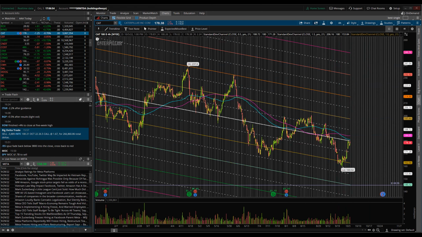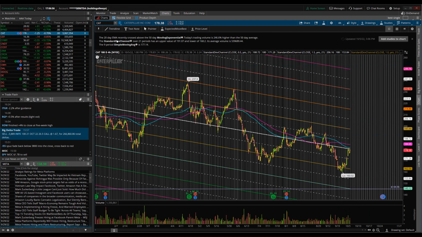If you click on that, it literally pops up and says the 20-day EMA recently closed above the 50-day exponential moving average. Today's trading volume is 246.6% higher than the 50-day moving average. The standard deviation channel over 21 periods has an upper value, and so on. So when you go over here, you click add studies to chart. And what it's going to do is add just